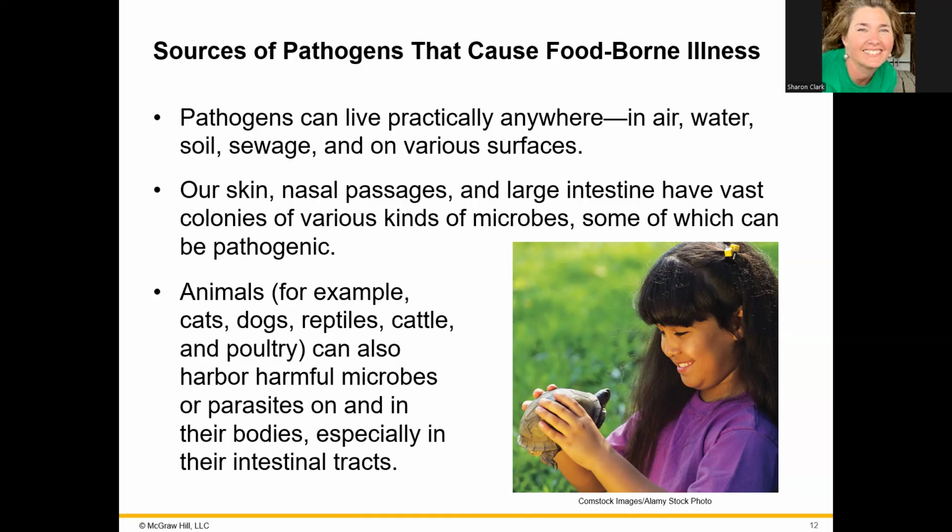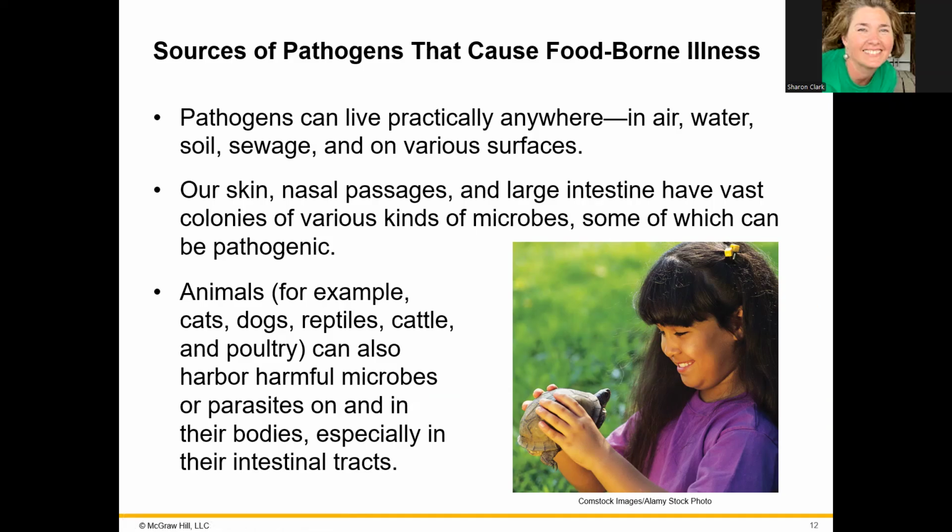When you look at how infections grow, one of those links in that chain is where is the pathogen living? Where is it housed? And that's called the reservoir. It can be in the air, pathogens that would enter our respiratory system. It can be in the water, it can be in soil, sewage, and on surfaces, and also in or on animals and vectors. So you yourself are a reservoir for staph, for E. coli. Okay, our skin, our nasal passages, our large intestines have tremendous amounts of microbes that can potentially be